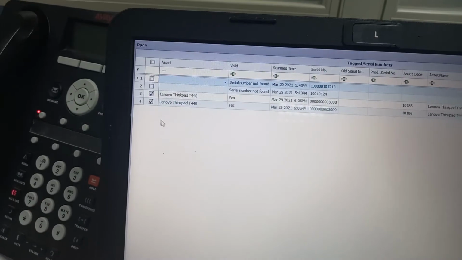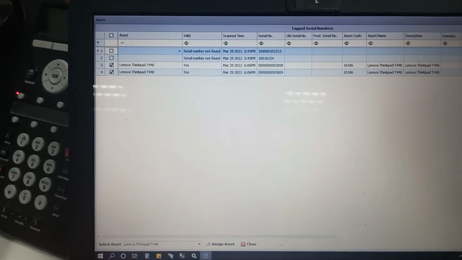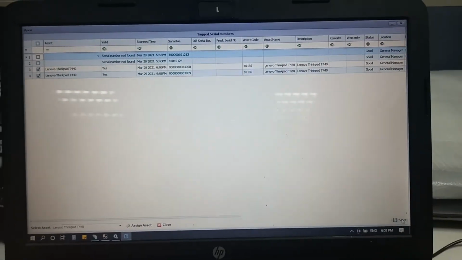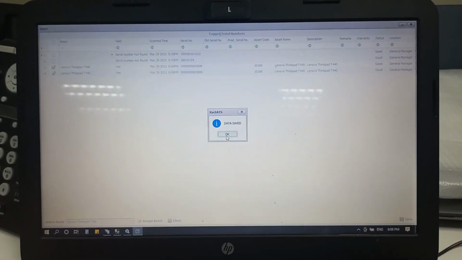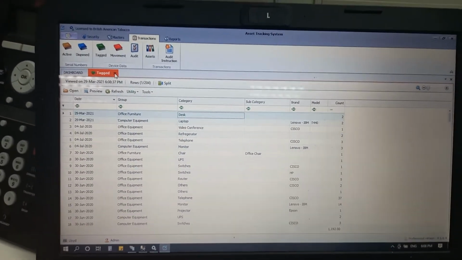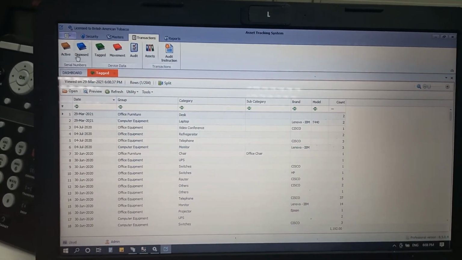You need to select that particular asset, then assign these serial numbers to that particular asset. Once you press assign asset, then you need to save that information. Once you save that information, that serial number is moved from tagged assets to active assets.